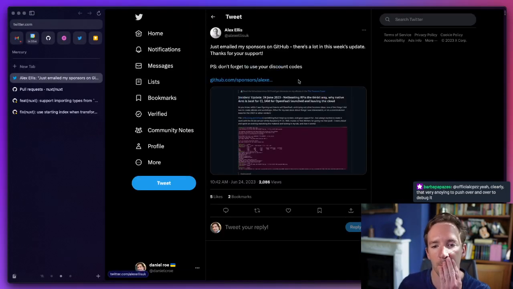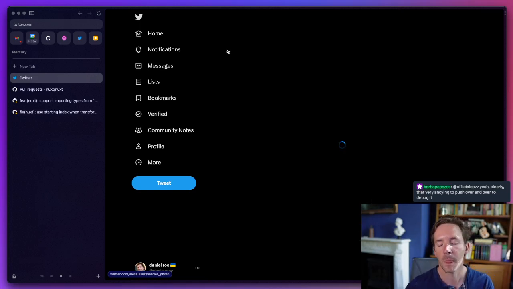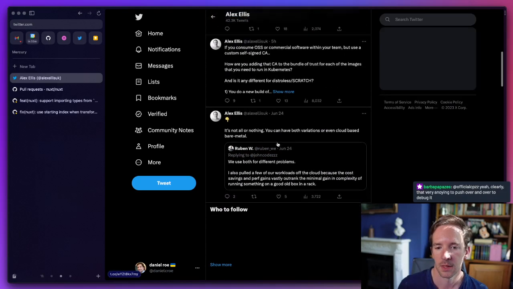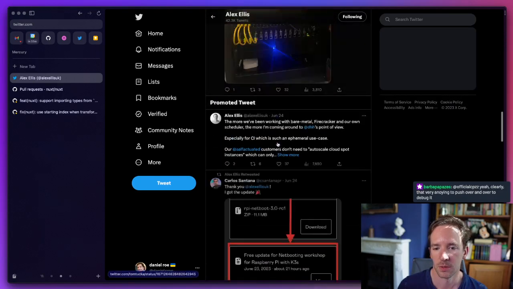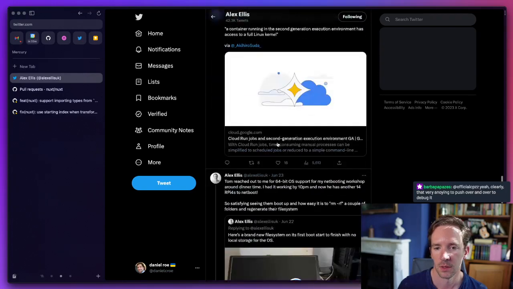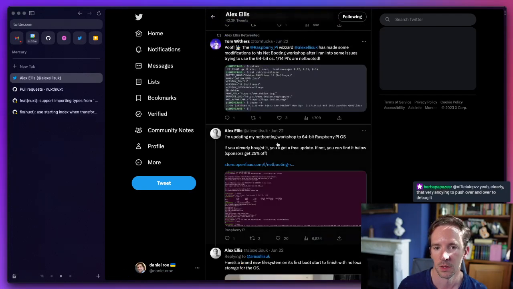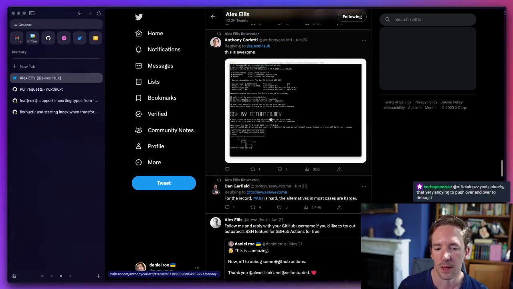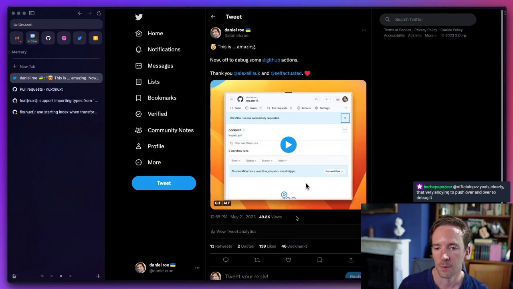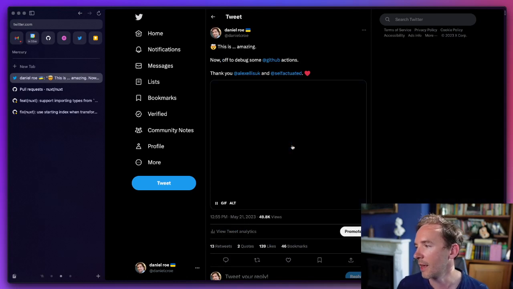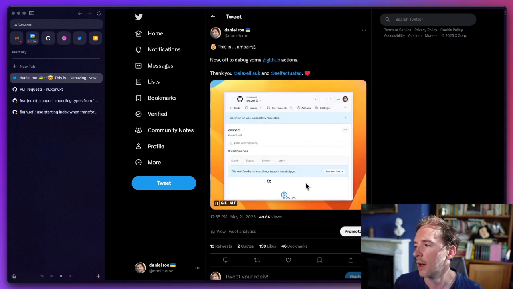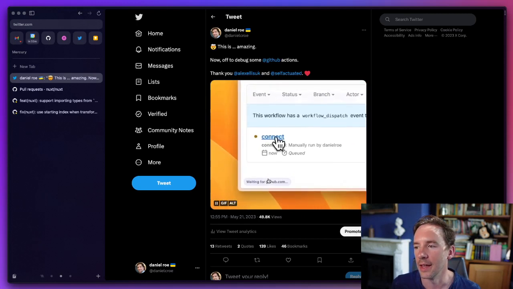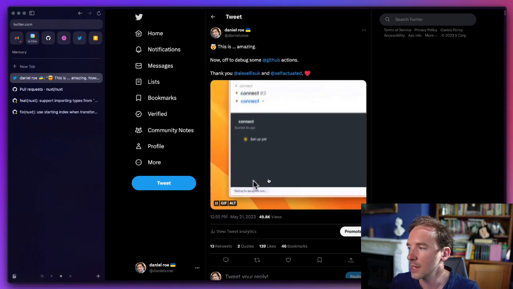Let's see, where's the example? Yeah, this. Basically, you can add a line in your workflow, which means that you can then SSH into the GitHub action and run code in it.